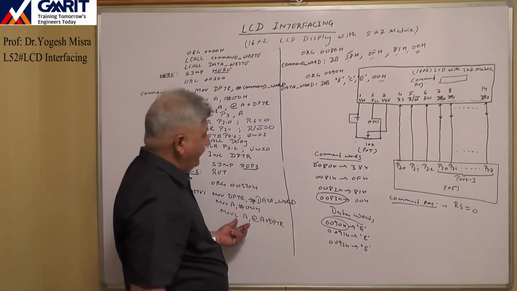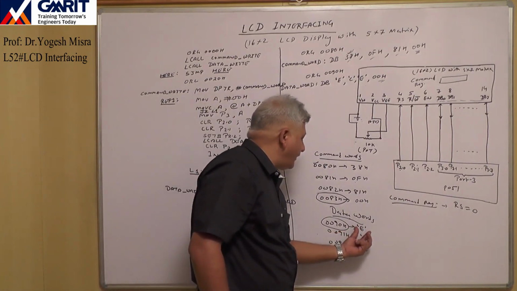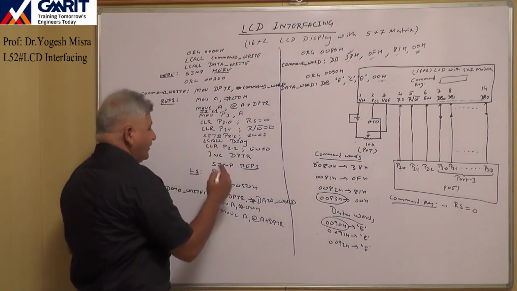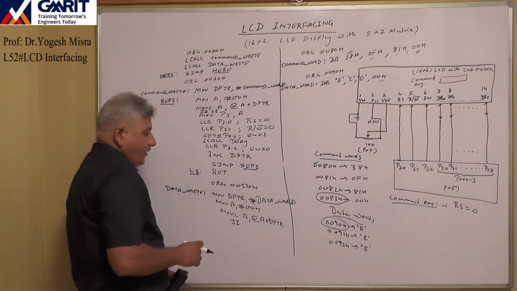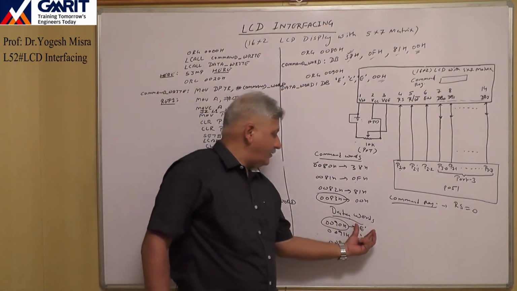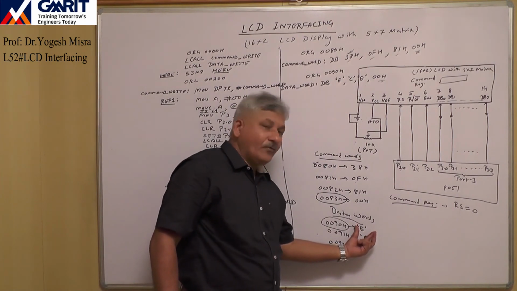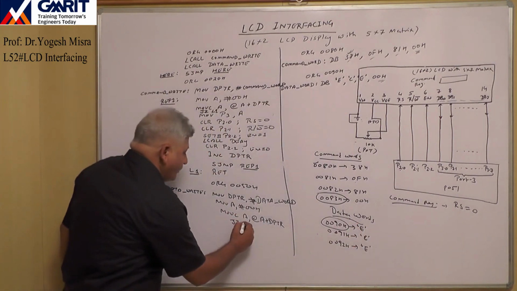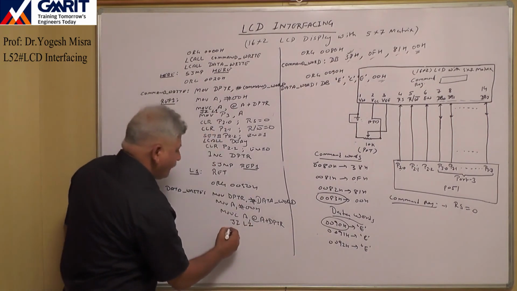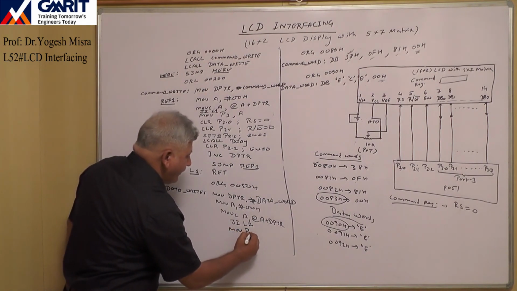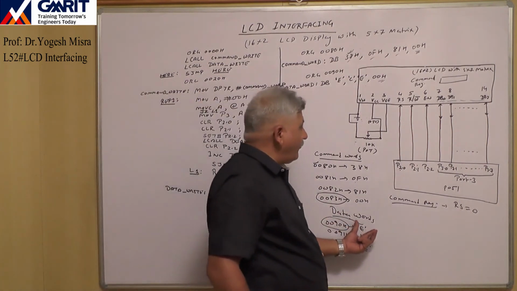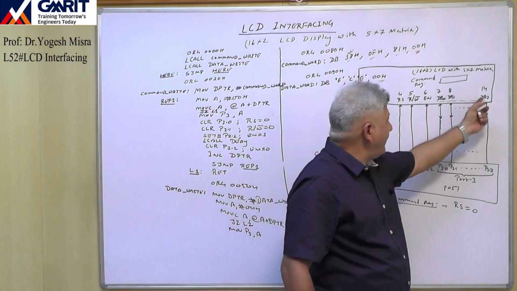With this instruction, what will happen? The first character which we want to display will be in the A register. After this, we will again check JZ, whether the value of A is 0. No, the value of A is not 0 because it holds the 8-bit ASCII code of E. So if it is not 0, then don't go to the label L2. Come out from the loop and transfer that value to port 3. Now the 8-bit ASCII code of E is available over the data line of the LCD.